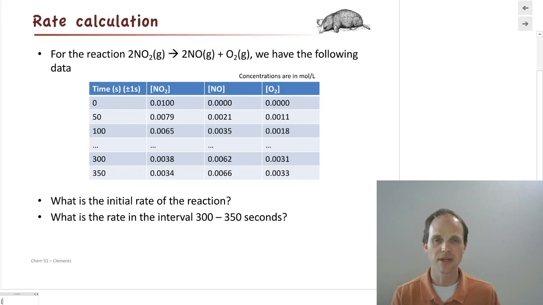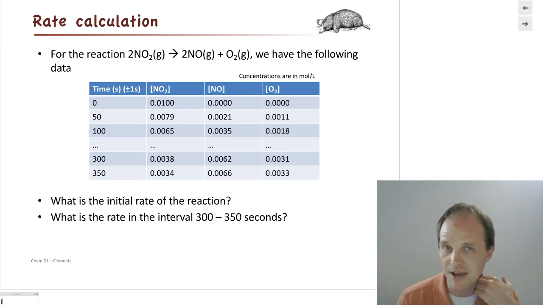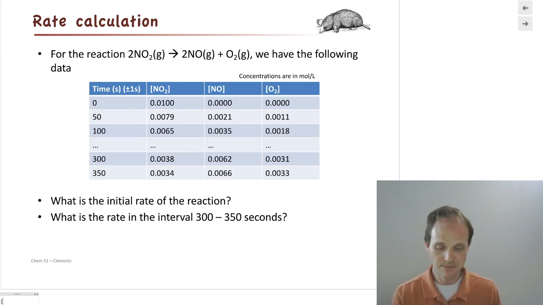Welcome back. What we're doing is using some examples of concentration tables versus time in order to figure out the rates of reaction. So we've got this reaction that says 2 NO2 goes to 2 NO plus O2. So we've got nitrogen dioxide turning into nitrogen monoxide and oxygen. And we've got data for the concentration of NO2 versus time, the concentration of NO versus time, and the concentration